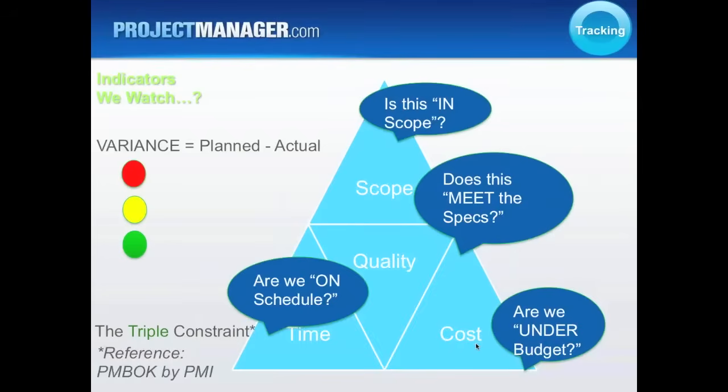So if you take planned minus actual, then for each of these areas we begin to get variances, and that's what we're managing, that's what we're tracking all along the way of the project from beginning to the end of the project. So we've got the red, yellow, and green there, and so for a lot of people when we look at metrics and when we begin looking at reporting that we deliver back to our team members, to our stakeholders, to our change control boards, we want to begin looking, and the indicators, the red, yellow, and green stand